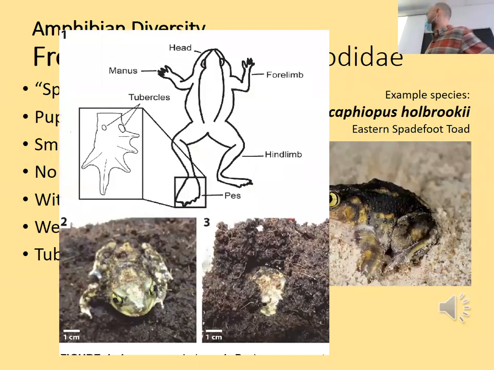Okay, so spade foot. It's got these little keratinized or hard little appendages coming out of its foot that allow it to dig, and it digs backwards. It'll sit like this, and then boom, it'll just kind of back itself into the ground. As I mentioned, they live in a lot of more arid environments, so it helps them dig in this drier substrate, although what they show here is pretty wet.